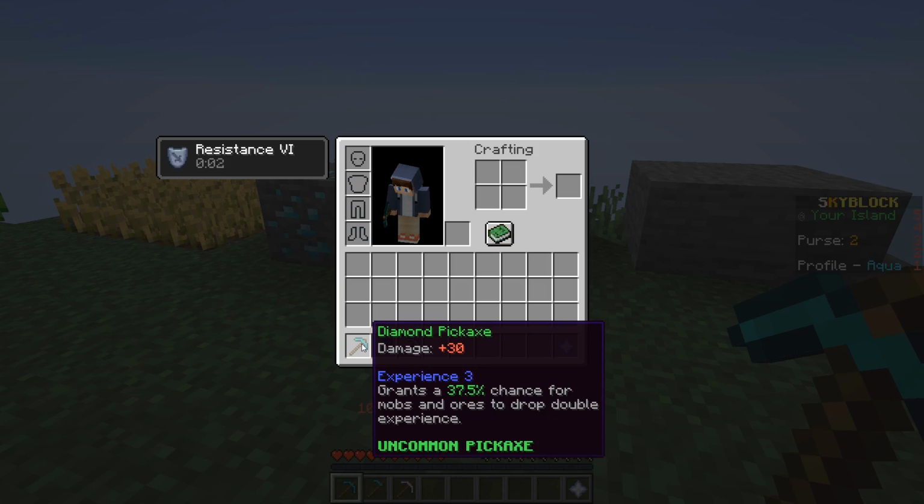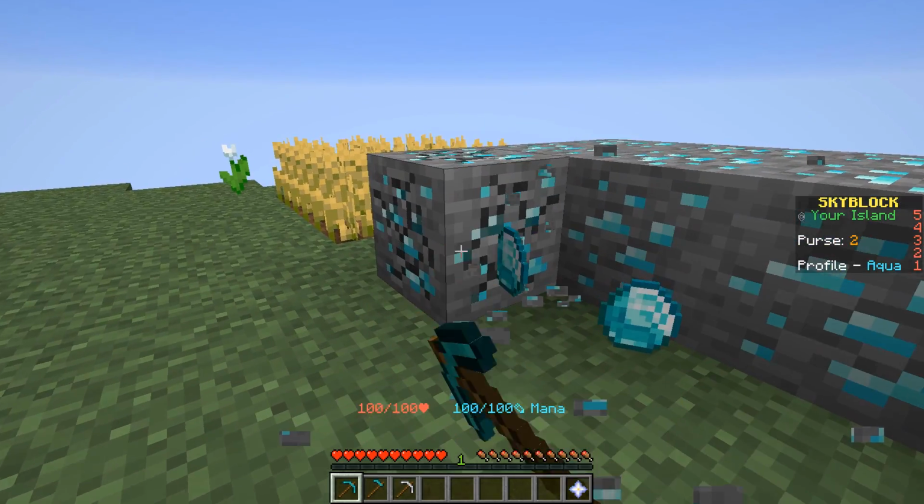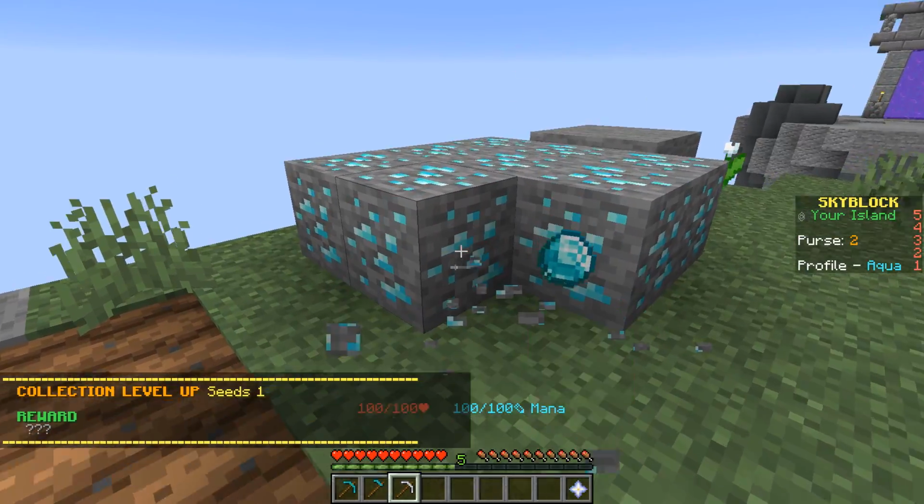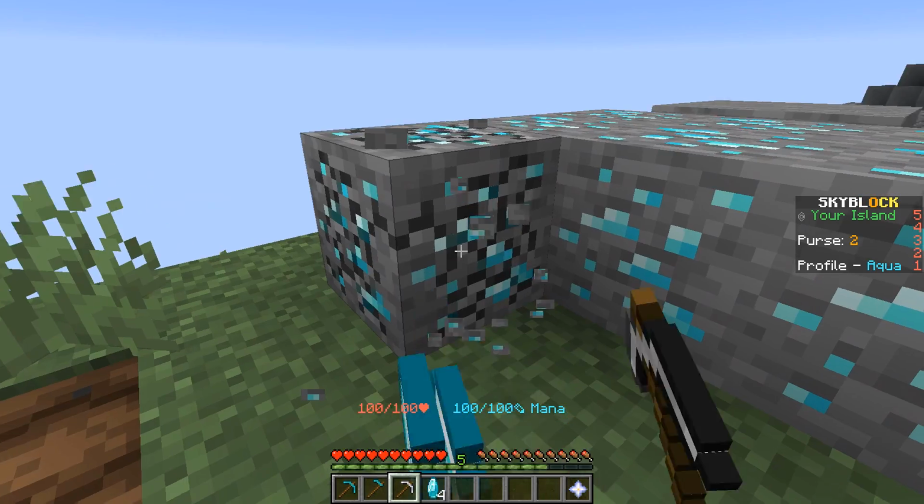Thirdly, we have Experience, Harvesting and Fortune, which all give a chance to get double XP or drops. The reason I had to remake Fortune is the vanilla Minecraft Fortune also has a chance of getting 3 times